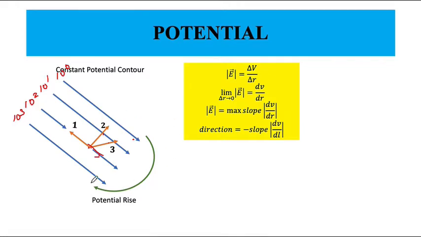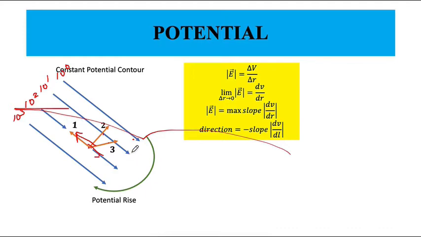So if you look at the potential on the same line here, you will see that the potential change here is 1 volt per meter. The direction of the electric field will be negative to the maximum slope. So this is the maximum slope. Electric field will be directed in this way. Because if you go against the electric field, the potential must rise, right? So if you go against the field, the potential must rise.